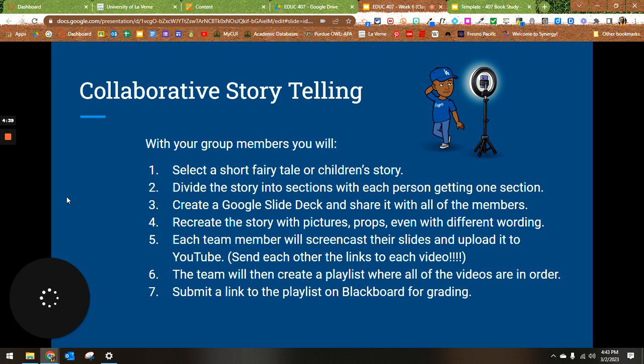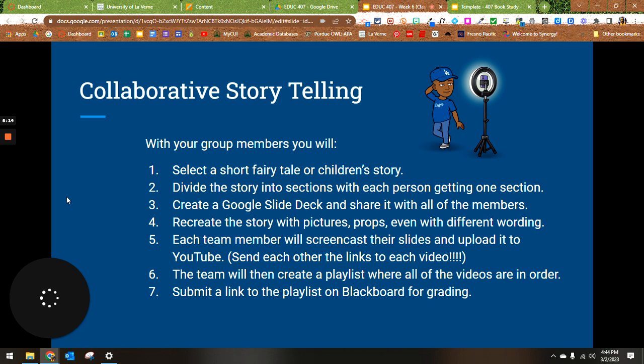What you're going to do is create a Google slide deck, or you can do things on your own. It's kind of up to you how you want to do it. But you're going to recreate the story with pictures, and you want to make it personalized. So each person's going to have their own personalized part of the story. Basically you're telling a story from 4 different points of view. And it could be with props. I've had people use their kids. You might do Animoto, some animation, whatever it takes to recreate that part of the story that you are working on, you're going to do that.